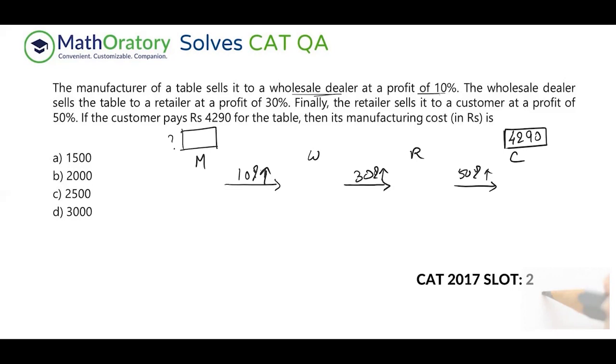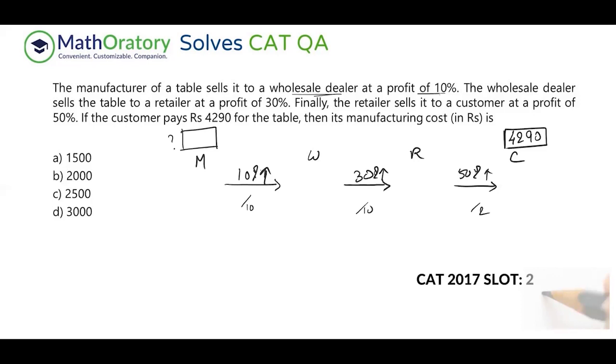Now, in these kinds of cases, I'll just tell you something. I don't apply allegation, not even multiplying factors and stuff like that. What I do is I typically look at the denominators of each percentage value. For example, this 10% can be reduced to 1 by 10 actually, but I'm just noticing the denominators. 30%, something by 10, I know that. 50%, something by 2.